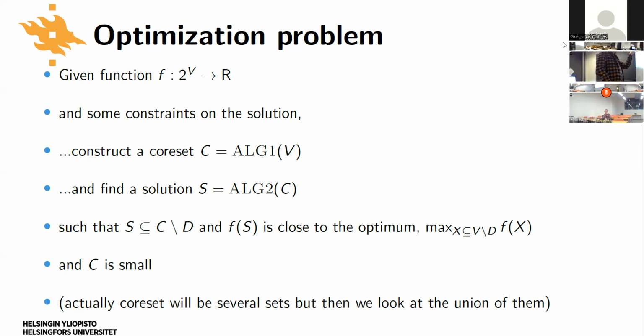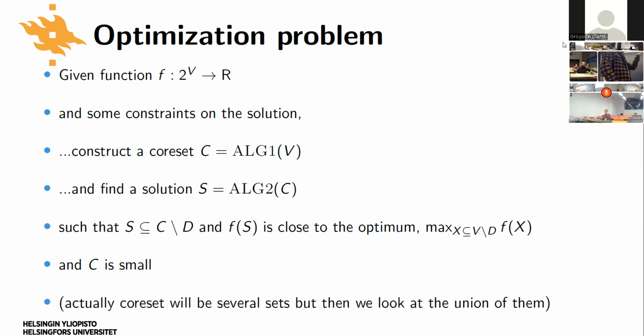That is the solution that we will get if we just find the optimal solution by looking at the original data minus the stuff that we deleted, like in the ideal case. So how close can we get to that? And then ideally we want C to also be somehow small, such that the whole setup actually makes sense.